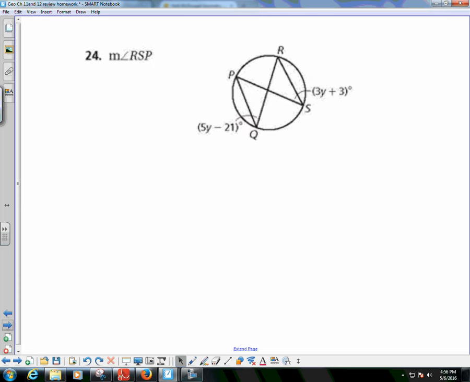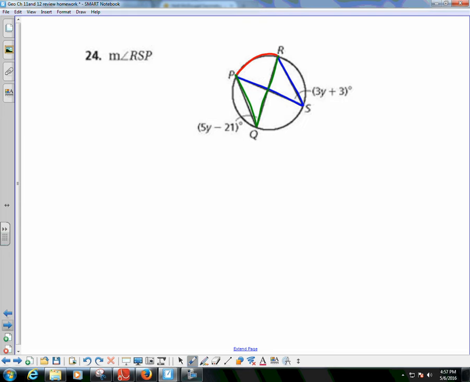Number 24, I need to find the measure of angle RSP. RSP is this angle right here. And I look and I see that I've got 2 angles that are marked, and I'm probably going to say that they're congruent, but I need to convince myself that I'm allowed to say this. So angle RSP subtends this arc right here. Okay. And then I'm going to say, and that same arc is subtended by this angle, which means that since